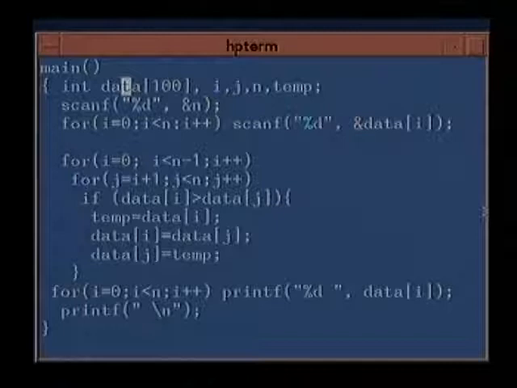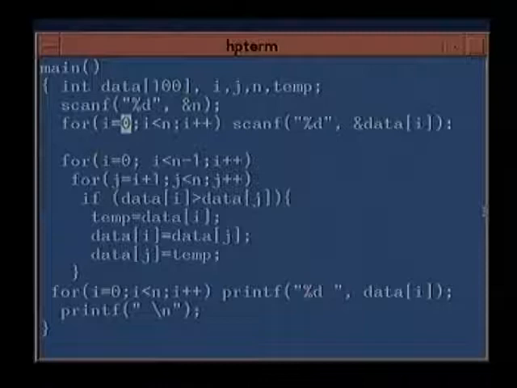So if you declare an array data[100], it starts from data[0] to data[99], not from data[1] to data[100]. So these 100 locations start from 0 to 99 rather than 1 to 100. So you can utilize the 0th location. So that is what I did here.